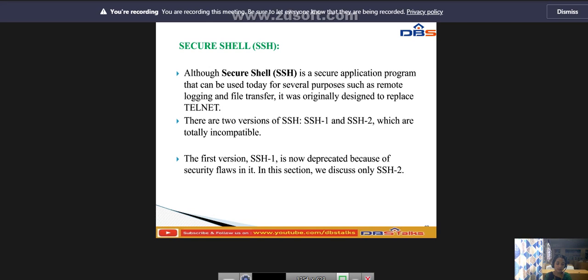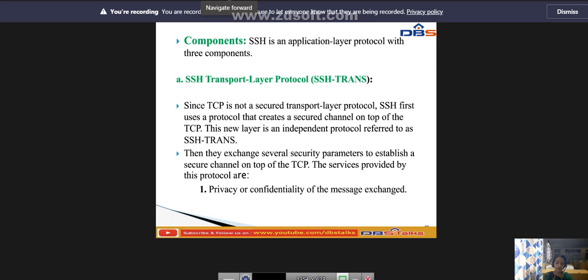The first version, SSH1, is now deprecated because of security faults in it. So, in this section we discuss only secure shell 2. Next, the components.